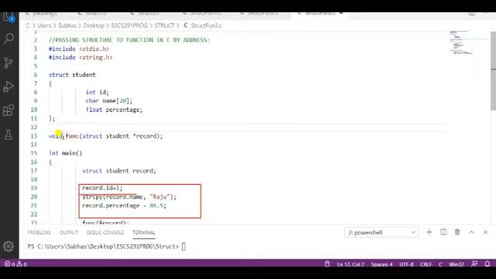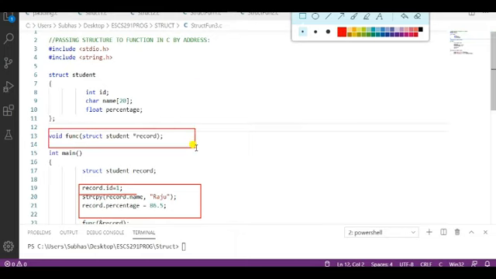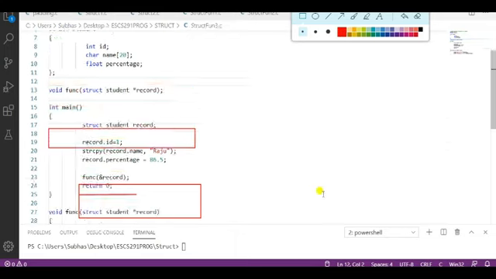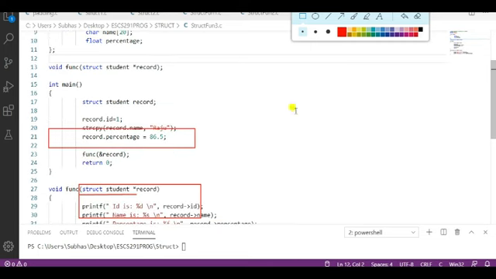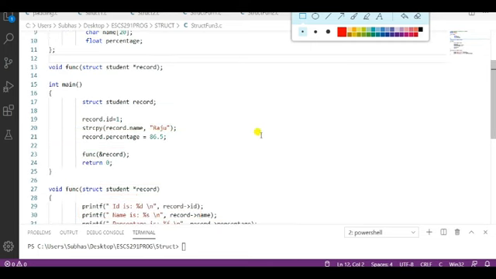look at the function funct, the name of the function.